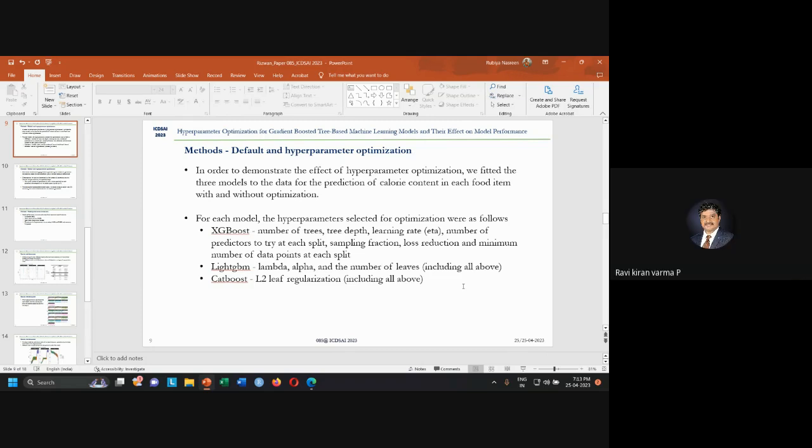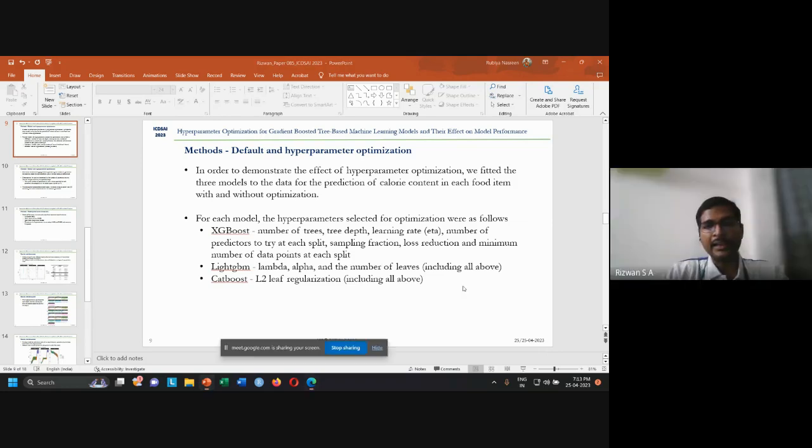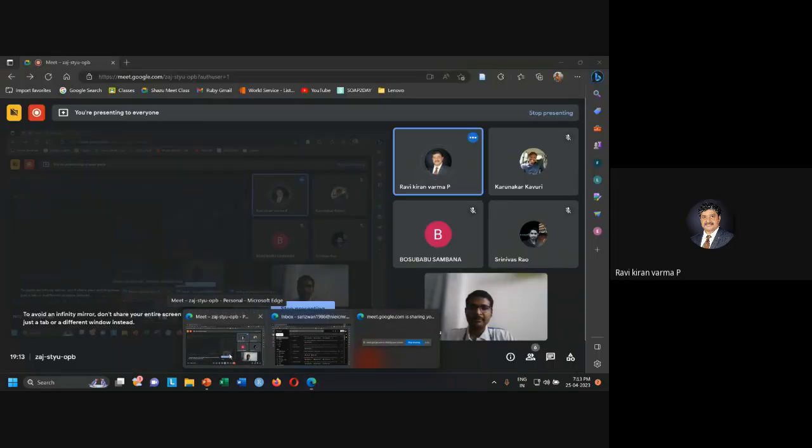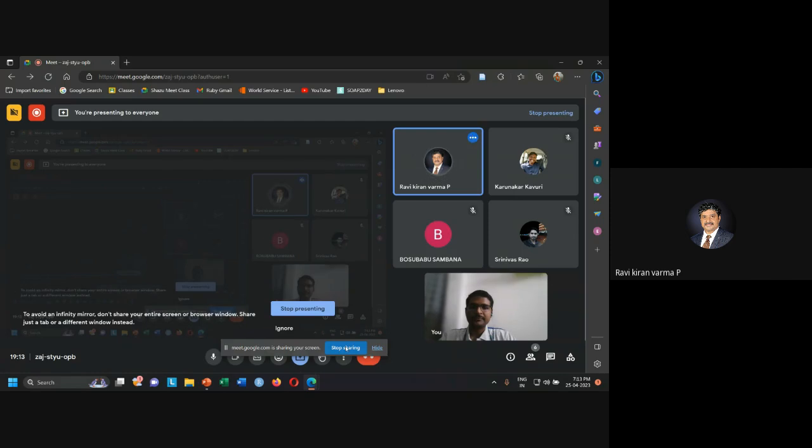Okay, sir. What I'm asking is, what are the optimized values? Like one example, did you quote anywhere? Or what are the values after optimization? Yeah, I got your point, sir. I have not shown it in the presentation. Okay, I understood that the parameters are the same, but my question is, after optimization and before optimization, what are the values? Yes, sir.